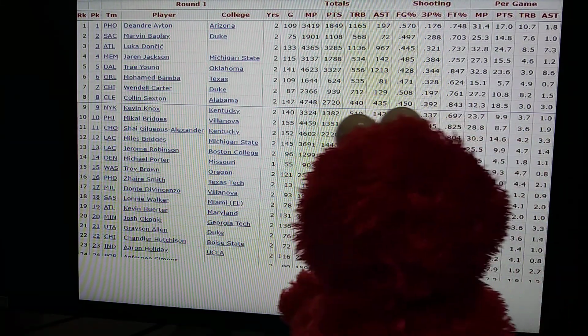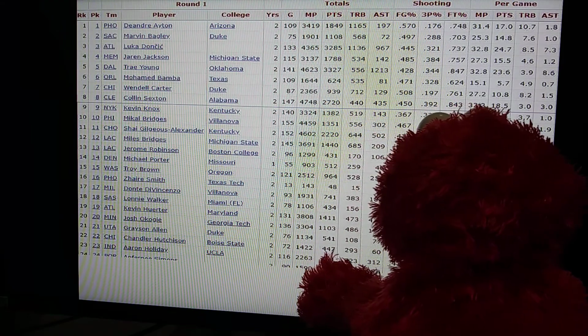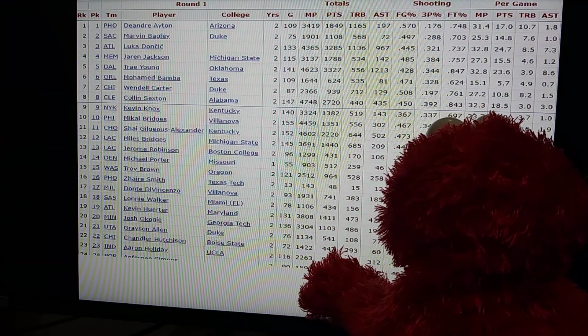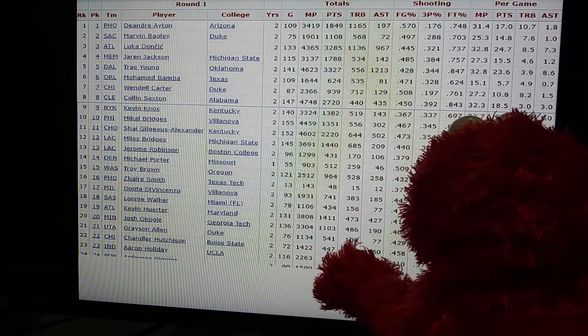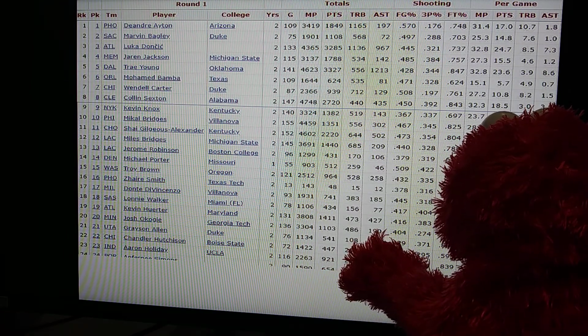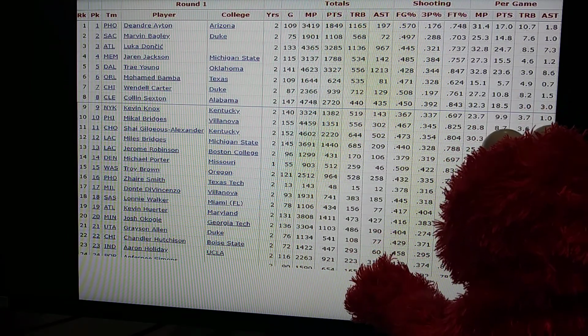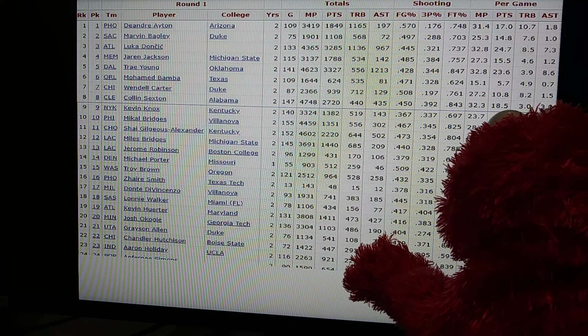Free throw percentage is about 69-70%. His points average per game did decline this year because of the lack of minutes. So overall, he's been averaging about 9 points per game. But if you look at the other players